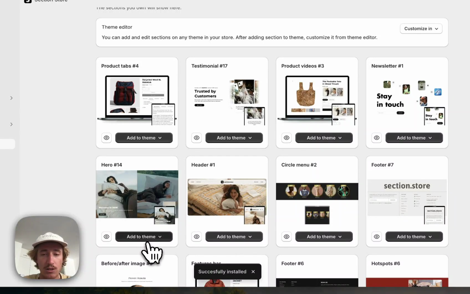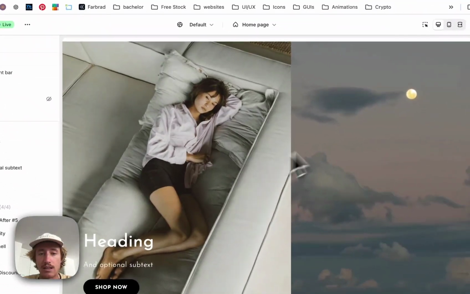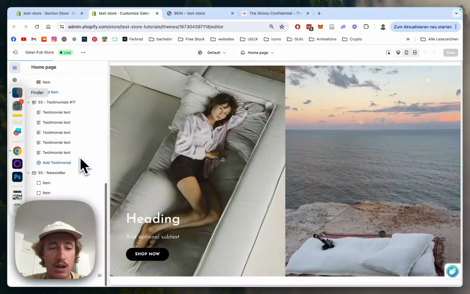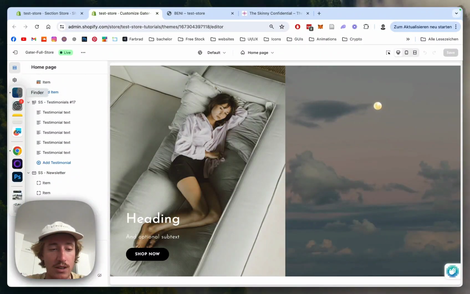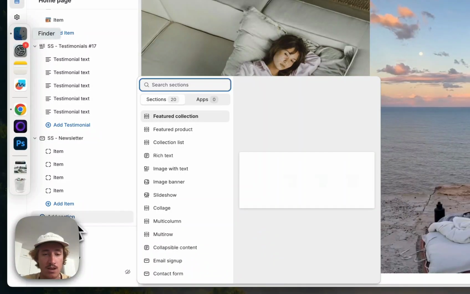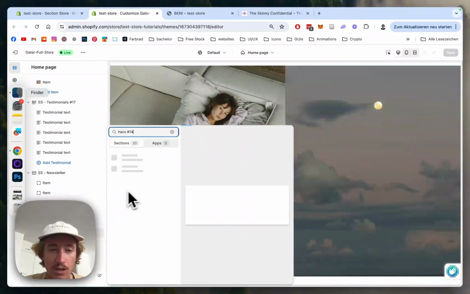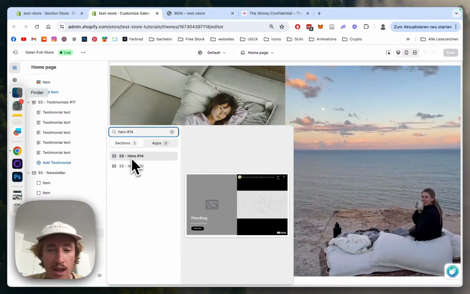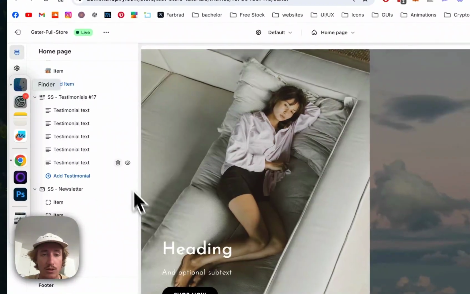Okay, let's install it to our theme. In my case, it's the Dawn Light theme, and then simply open up the theme editor right here. And that is the one you saw in the beginning of the video as well. If we scroll all the way down, I'm just going to show you real quick how you could edit from scratch. You just have to click on Add Section right here, type in Hero 14, and it is always marked with a little double S, so you can see it's Section Store. And that's what the demo version would look like,